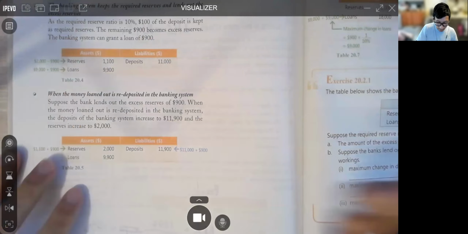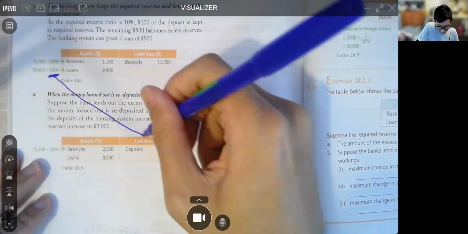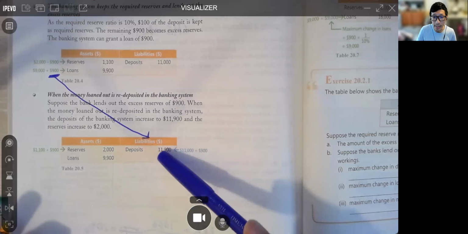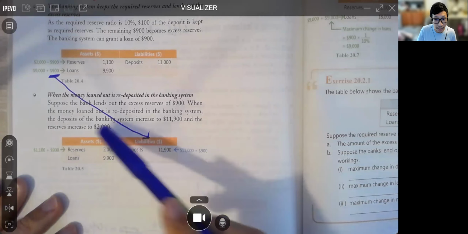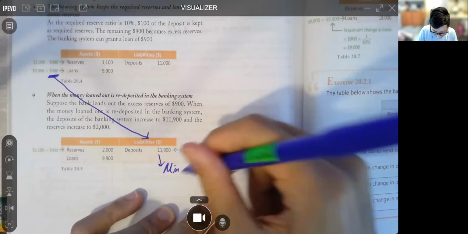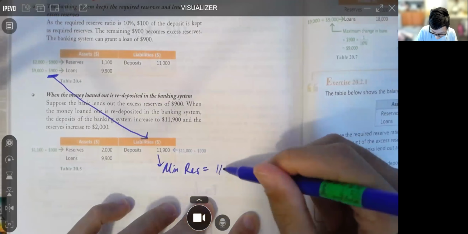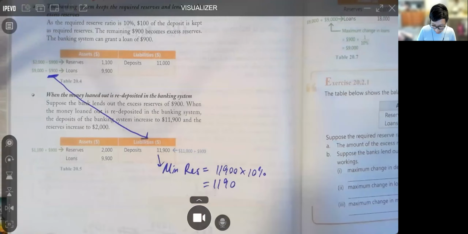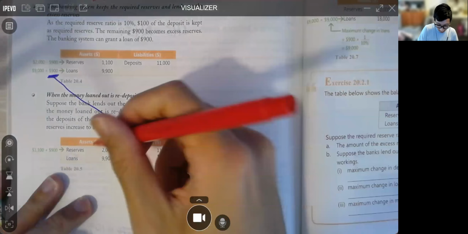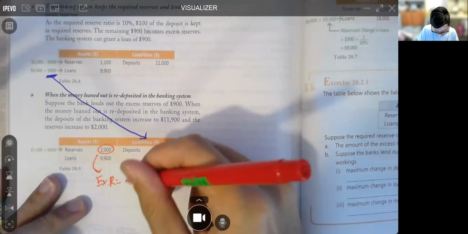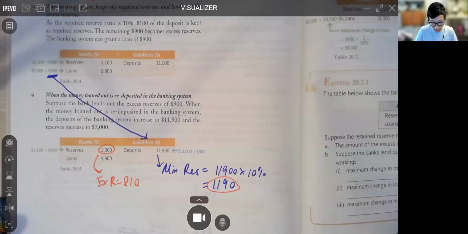Now what happens if the loan here is redeposited into deposit? 好啦，而家佢又掟翻入銀行裏面。Okay, so immediately we have this number and we have here plus 900, plus 900 又嚟咯噃。The minimum reserve would be 11,900 times 10%, which should be 1,190. 我哋望一望啦。But here 1,190 and 2,000, you see we have excess reserve of 810. Okay, 810蚊啦。